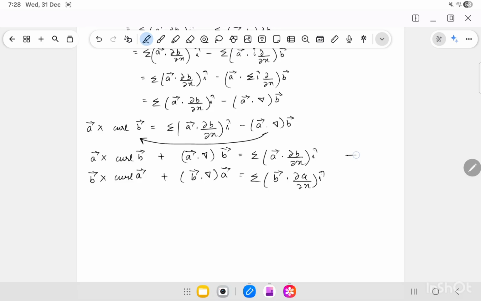Now let's name this as equation 1 and this as equation 2. Now if I add equation 1 and equation 2, what I'll get is a vector times curl b vector plus b vector times curl a vector plus a vector,